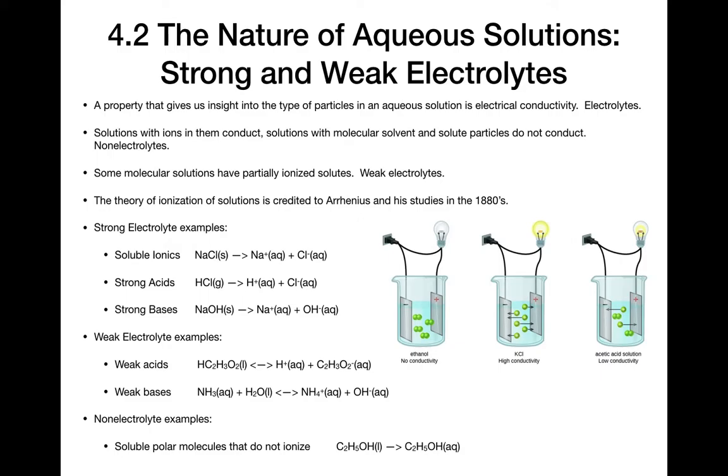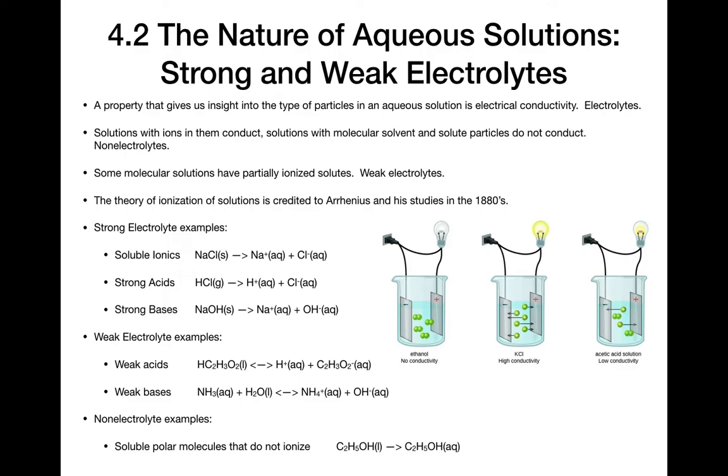One way to test for this is by testing electrical conductivity. A non-electrolyte should not conduct at all. Solutions that are only partially ionized, for example, some weak acids and weak bases, are going to conduct electricity weakly. And that means that a light bulb on the conductivity tester will only partially light up. And solutions that are fully ionized, or fully dissociated into ions, will light the light bulb